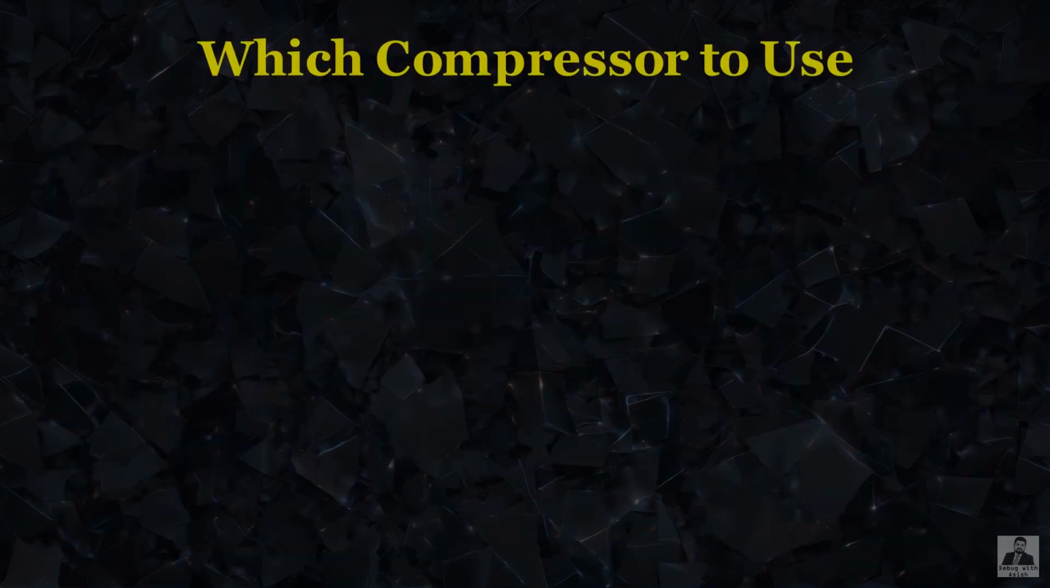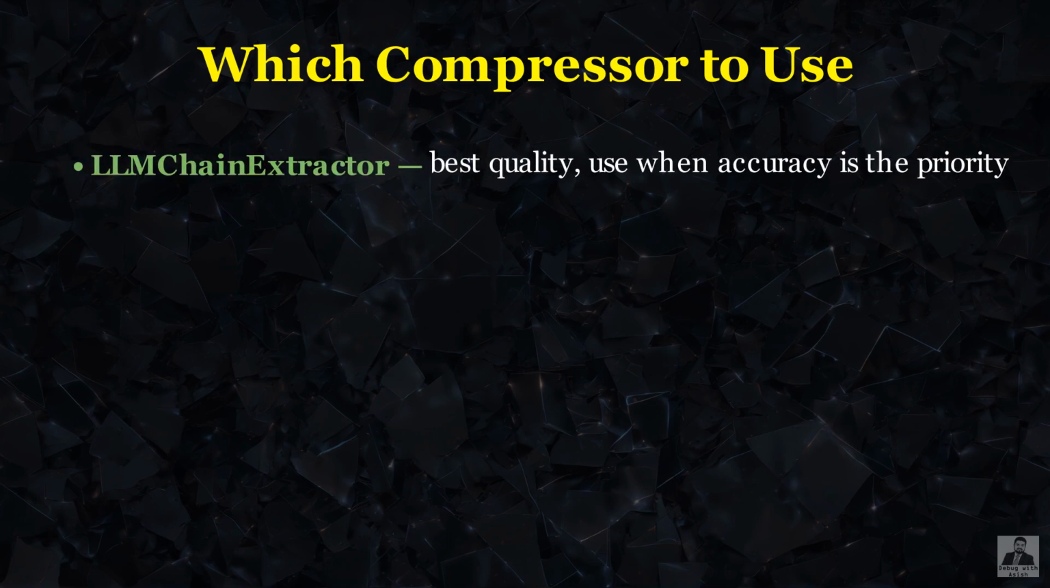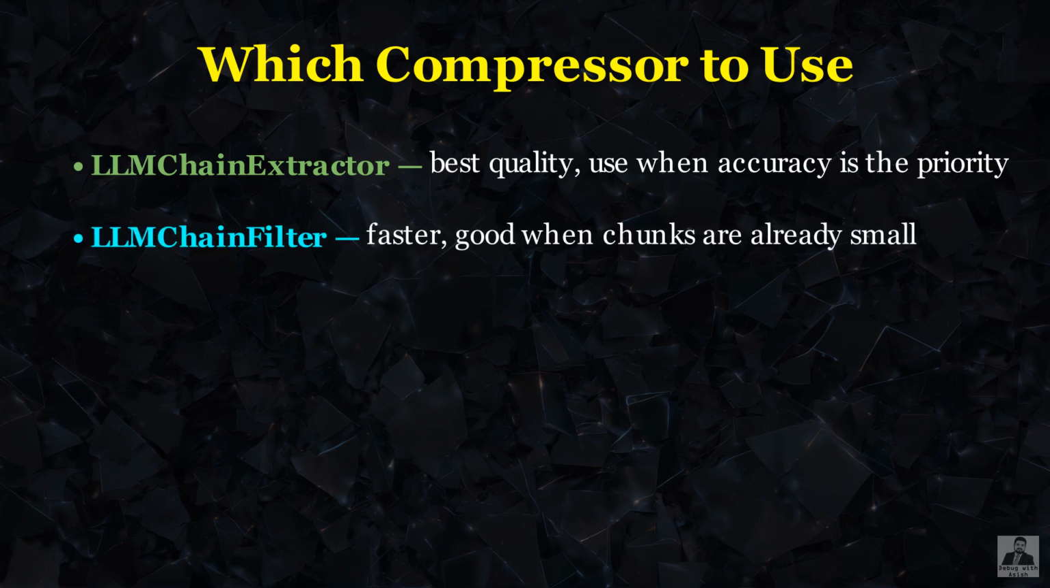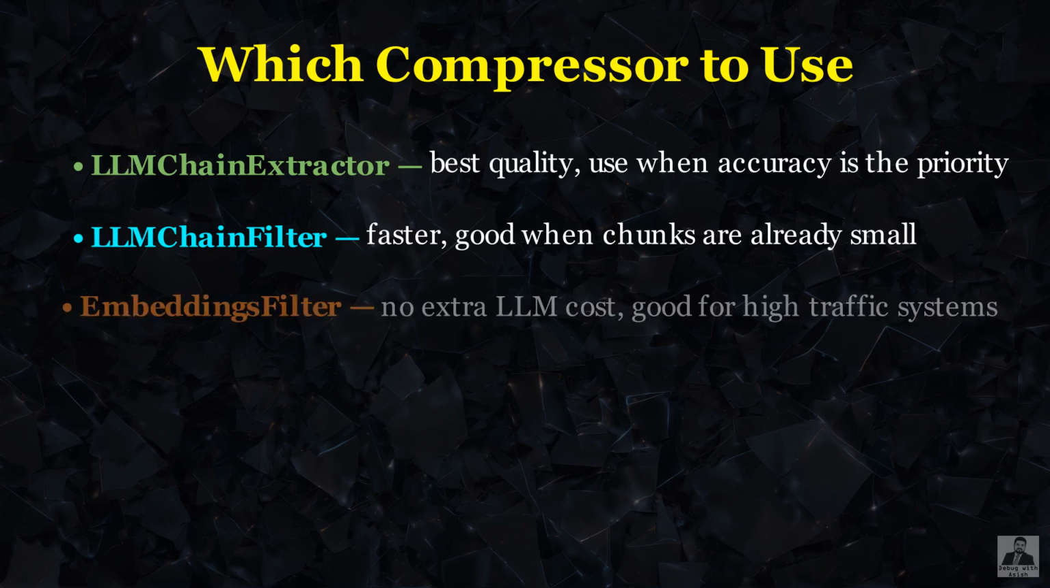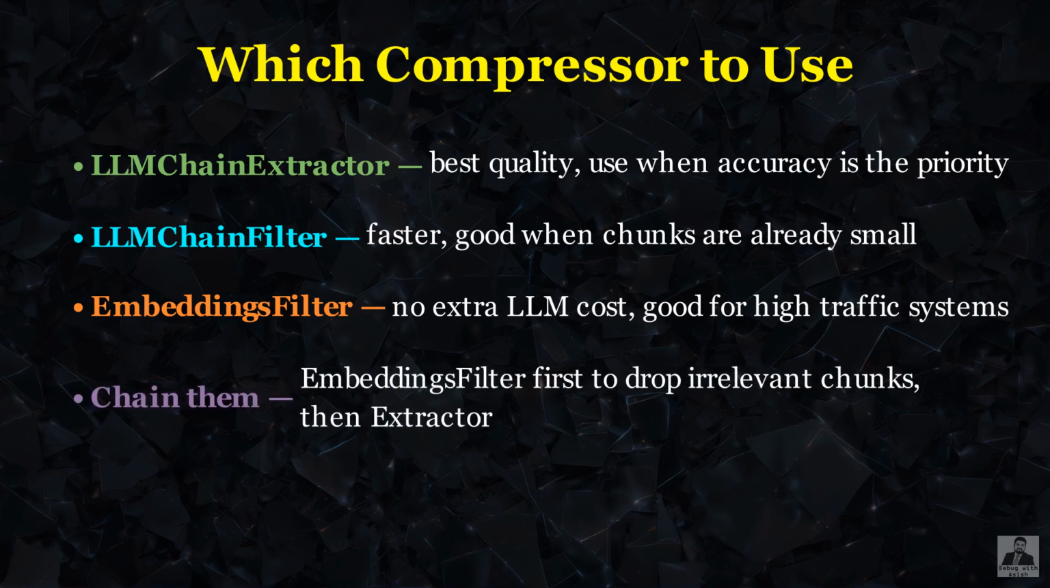The choice depends on your priorities. Use the LLMChainExtractor when answer quality is the top concern, and you can absorb 1 extra language model call per chunk. Use the LLMChainFilter when your chunks are already small, and you just need to remove the clearly irrelevant ones. Use the EmbeddingsFilter for high-traffic systems where latency and cost matter more than perfect precision. For the best of all 3, chain the EmbeddingsFilter before the extractor, so only genuinely relevant chunks get the expensive